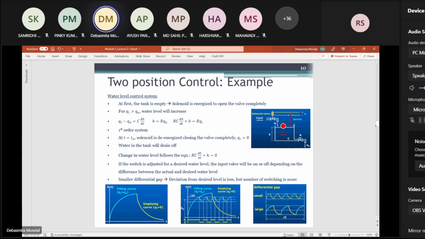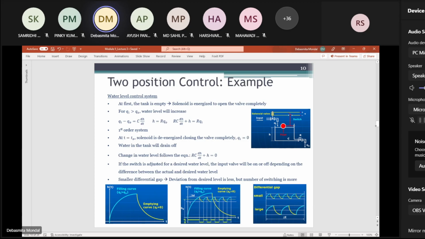You have an inlet valve, and you have an outlet valve through which the water is flowing out. Initially the water level was 0. What we want is to keep the water level constant at a value of H. Initially, when the tank was empty, in order to maintain that